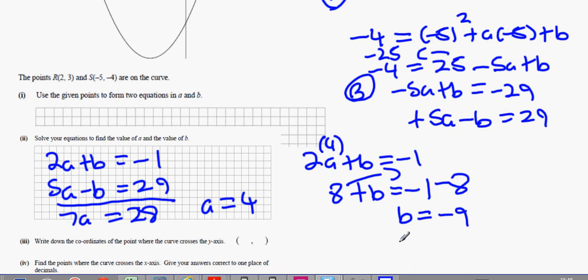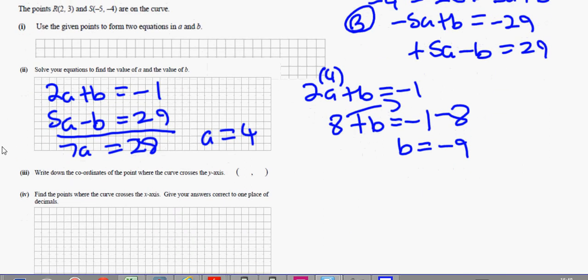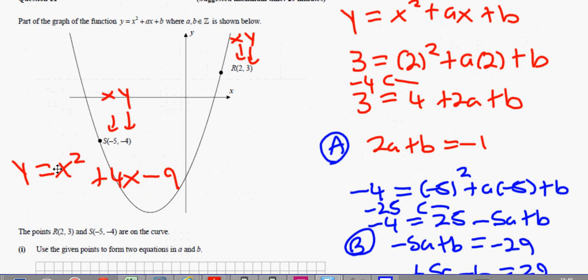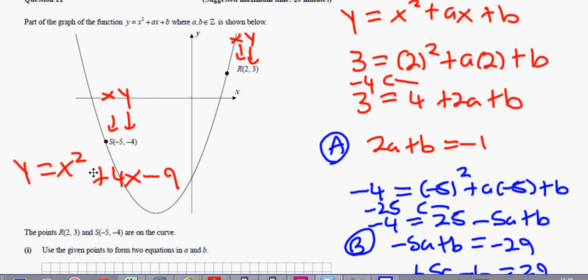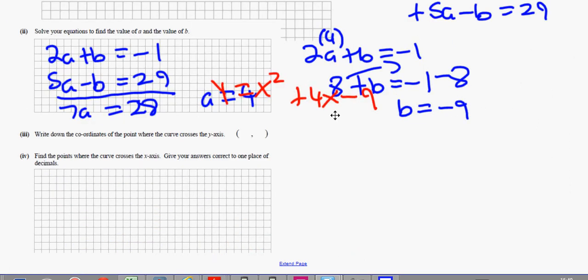Okay, now what this means is the equation of the line, or the curve, is y equals x squared plus 4x. It's plus 4 minus 9. So this is it here. So this here is the equation of the line. So we're just going to bring this down here. Okay. So now that we have this down here, we're going to do what we'd normally do to draw the